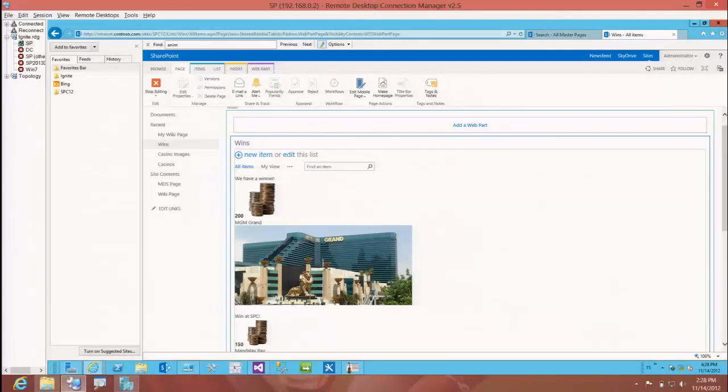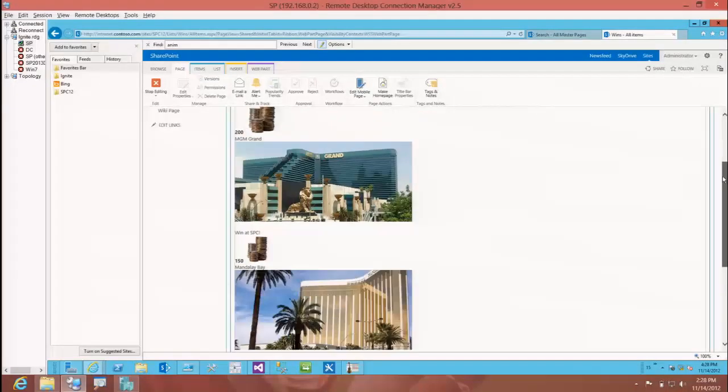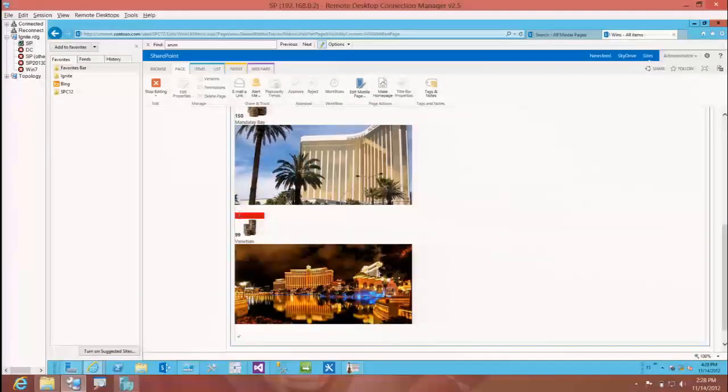And as I scroll down further, there's even that red thing that says, yep, only $1.99 at the Venetian. So I can see that it highlights in red. Hopefully this starts to illustrate there are some huge possibilities using this JS link to control item rendering. Now let's take it another step, because it's not just about items. In fact, this JS link, you can apply at more than just a single item level. There's a whole bunch of different stuff you can do here, such as,